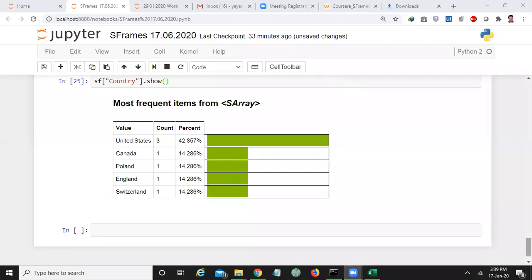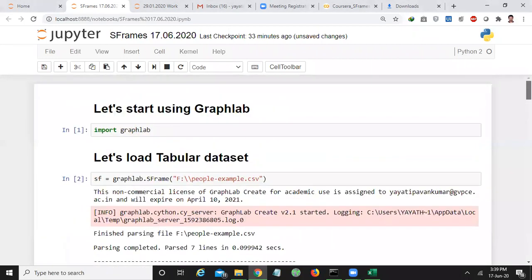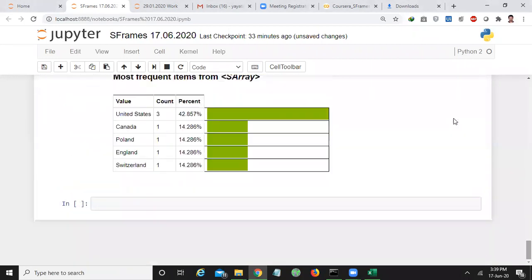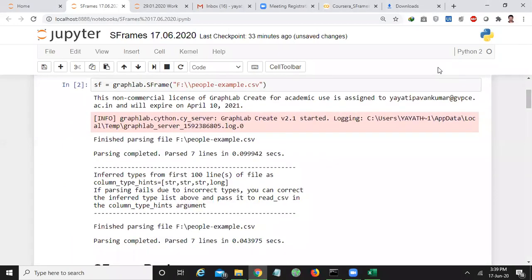Okay, like that we can have so many options. Now I want to demonstrate one more. Those who cannot follow, I'll give you five minutes.